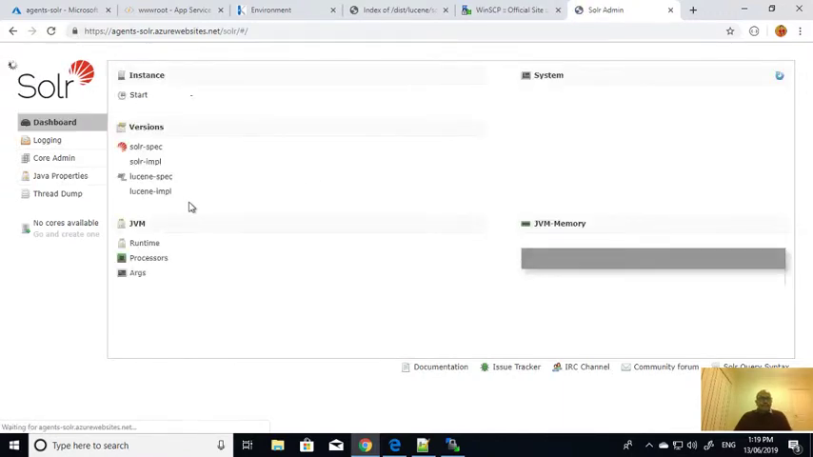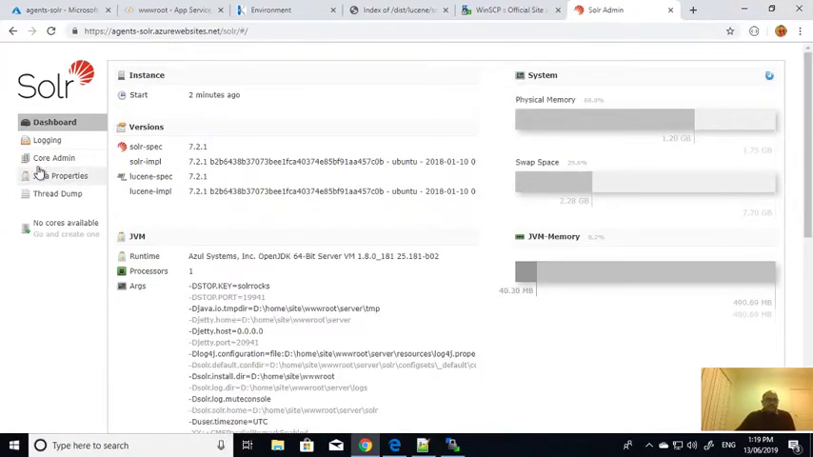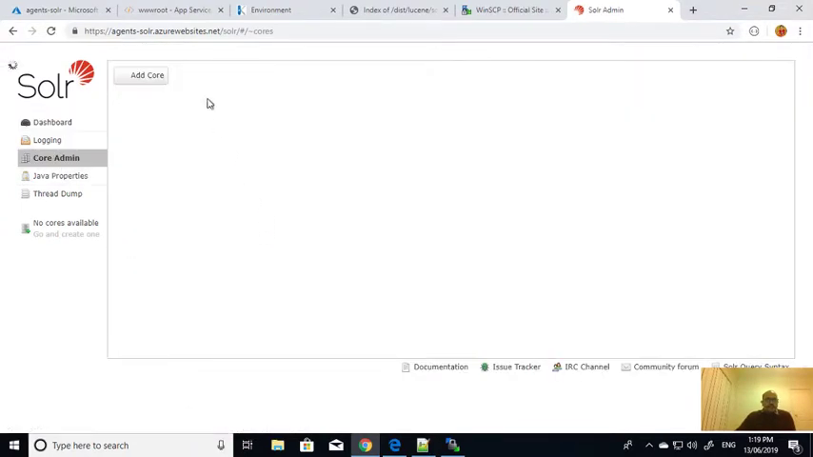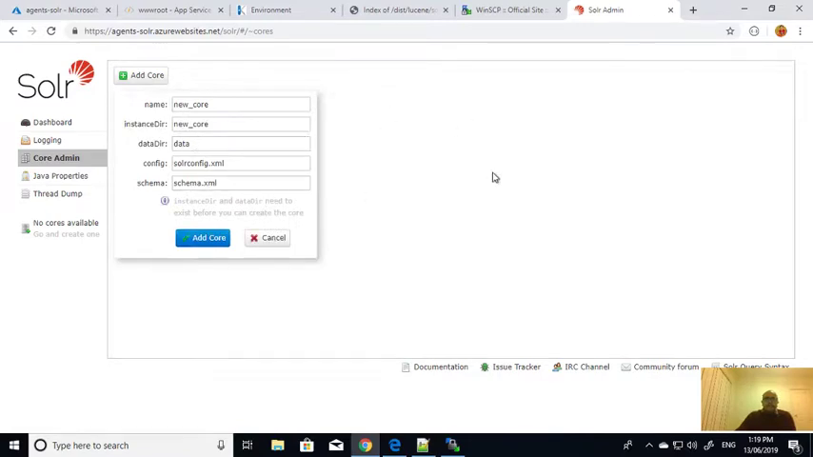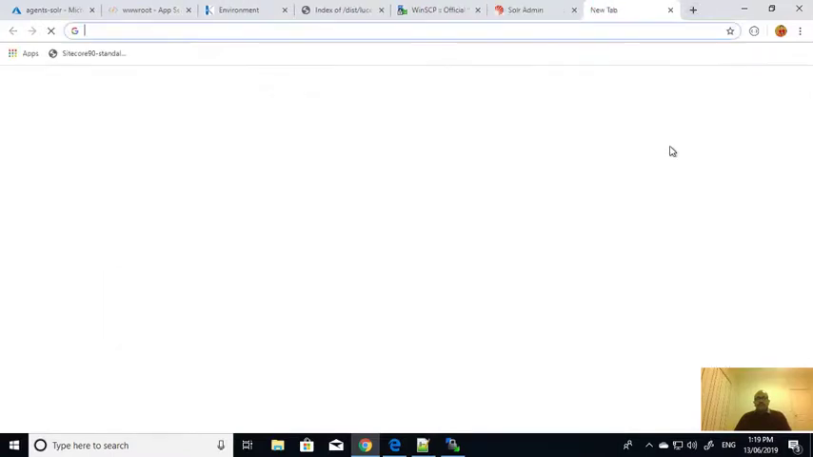Okay, the last step is we need to populate the schema. If you click on the core admin, you don't have any cores now, so you need to configure that. So how do you need to configure? If you click on here,